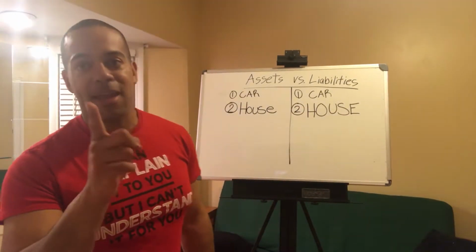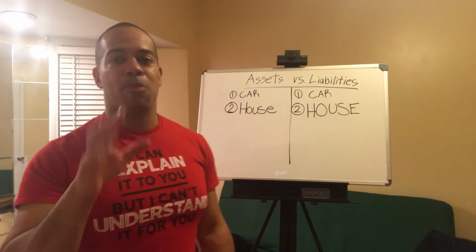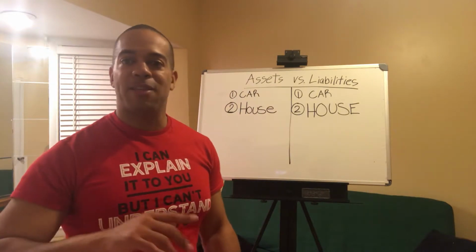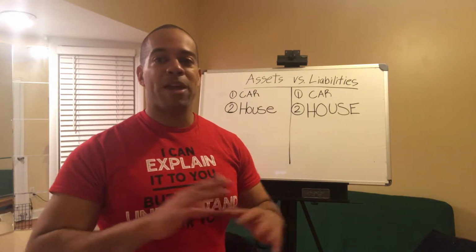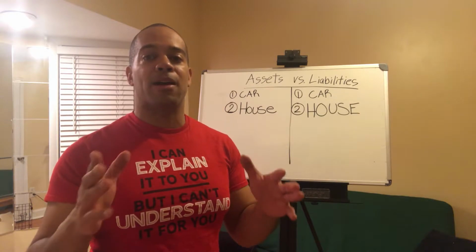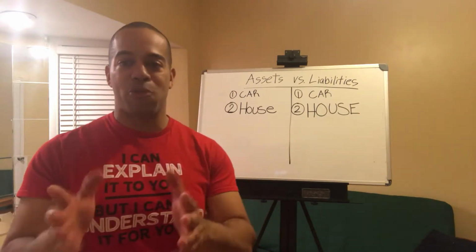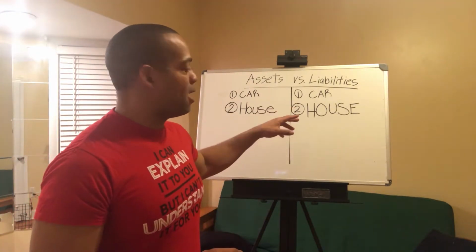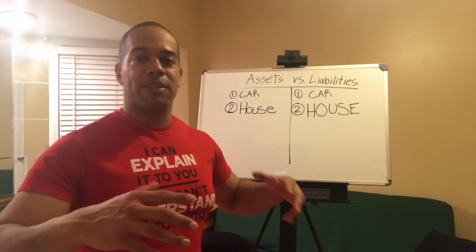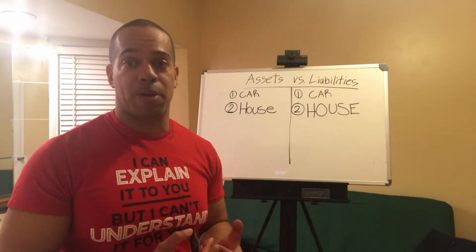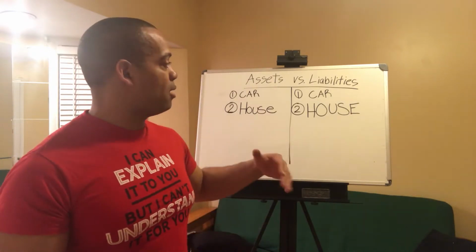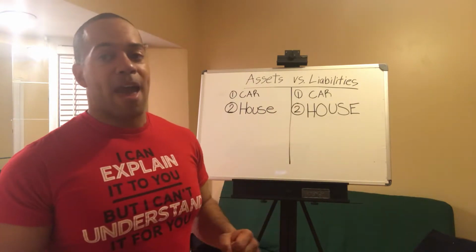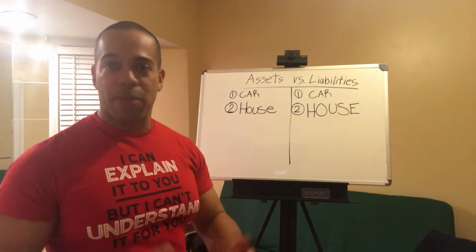But let's say you were smart and you said, you know what? I've read the $5 Journey, I've seen the videos, and I am ready to turn this from a liability into a true asset. So instead of taking a regular house, you say, I'm going to use this as an investment property. Maybe you'll buy a 2-family house or a 3-family house, and you're paying $2,000 a month on it.